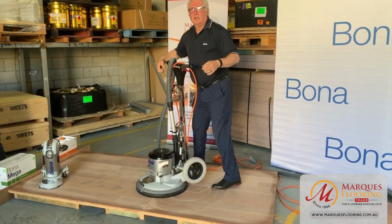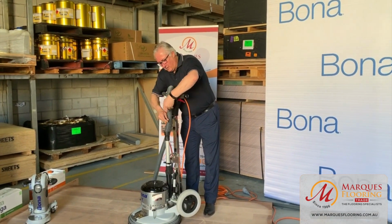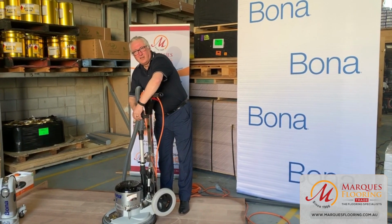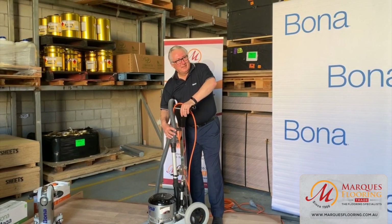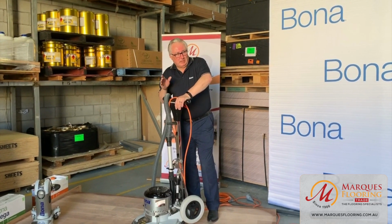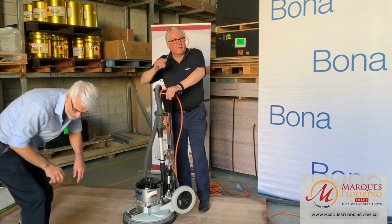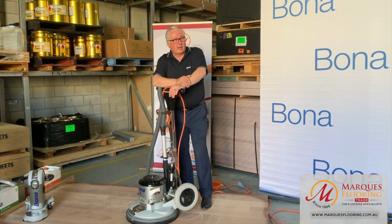The question is if you've got a parquetry floor that's a bit uneven, over the dry glue a few times, and the slab is not nice and flat, would you still go with the belt first? Personally, if something's uneven, even it. If the subfloor's not even, you'd level it. You use the tools you've got to make it level. So belt first, to save yourself time, because you could stand over it with this as long as you like. A belt sander will take that flat very quickly,